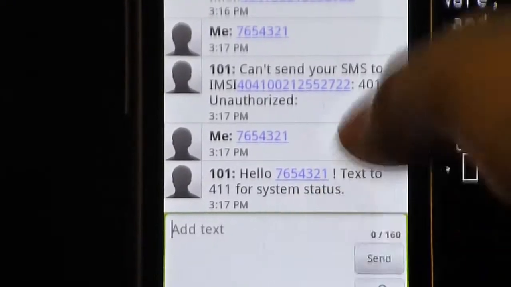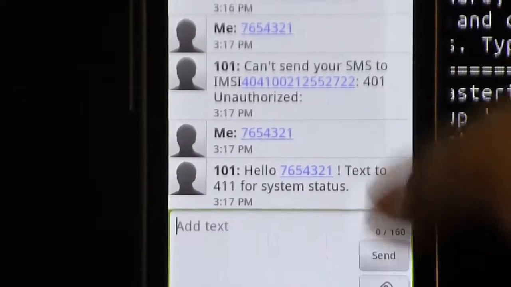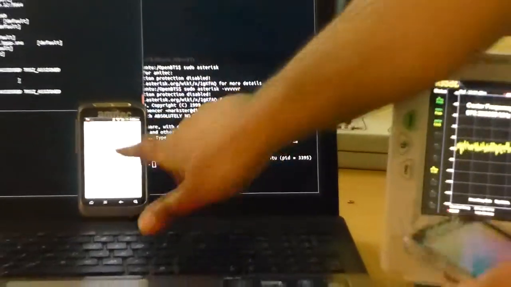So I have the mobile phone number 7654321. Now using this cell phone I will call the number 7654321.